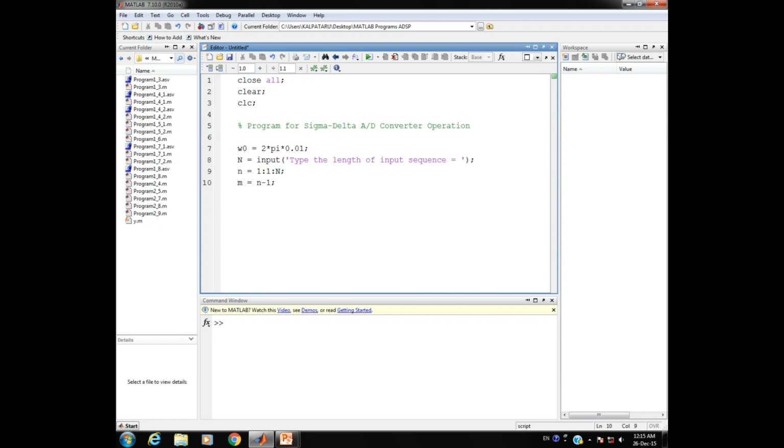We will use it further in the programming here, and then let us define one variable that is named as capital A. So it is going to accept the amplitude information for the signal here. So again we are making the use of the input command, and inside the parenthesis and a pair of single quotes I am writing here: type the amplitude of input sequence.